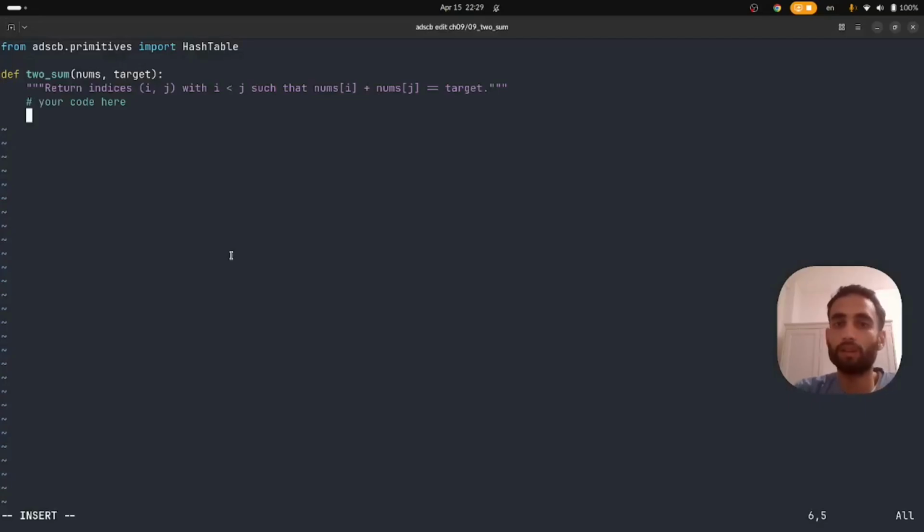Okay, so let's start by declaring a hash table. Let's call it ht, and this hash table will come from this class. Remember, we don't use a Python dictionary. We could just do this, but I will not do it. So let's do hash table,